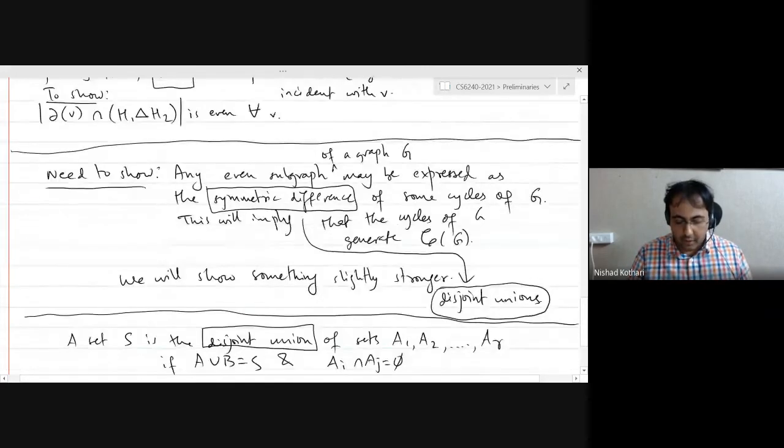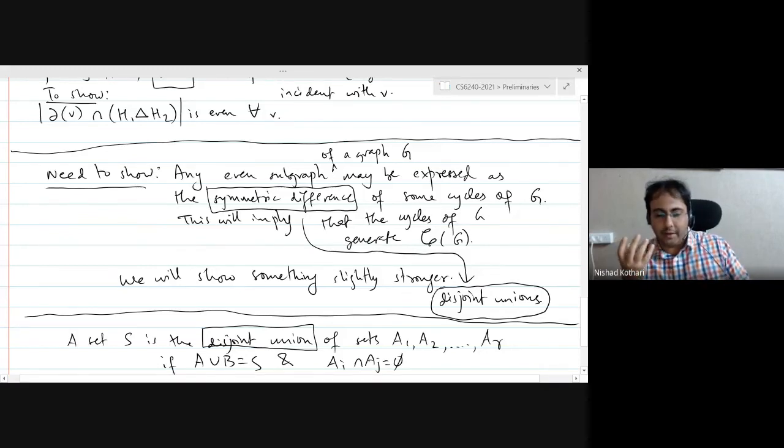In particular, we will prove that the cycles generate the cycle space. And after that, once you have a subspace of a vector space, you can ask the question, what is the orthogonal complement of this subspace? It turns out that in this particular setting, it is another very nice graph theoretic object. So here the objects are cycles and even subgraphs. But when you take the orthogonal subspace, you're going to get another very nice combinatorial or graph theoretical interpretation of it. And I will leave that as a suspense.